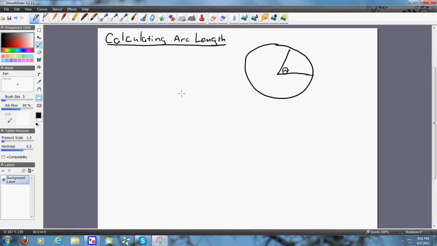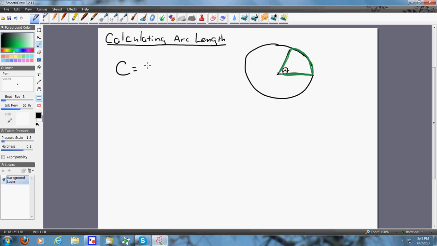Alright, so this is now video 3. I said I was going to calculate arc length a while ago. Now I'm actually going to do it. Now remember what we said here. We're going to calculate the arc length, and the arc length is dependent upon the radius and the angle. So what we're going to do here is I'm going to show you that